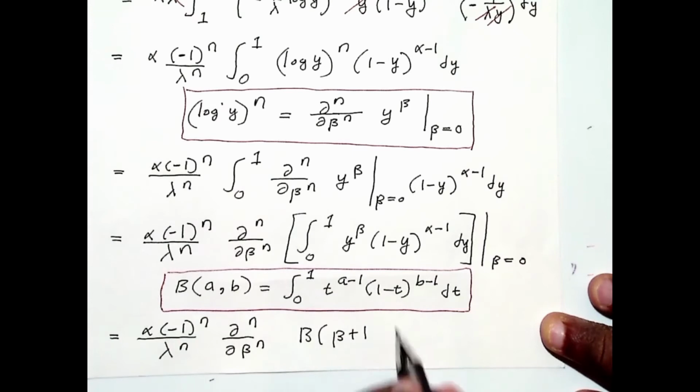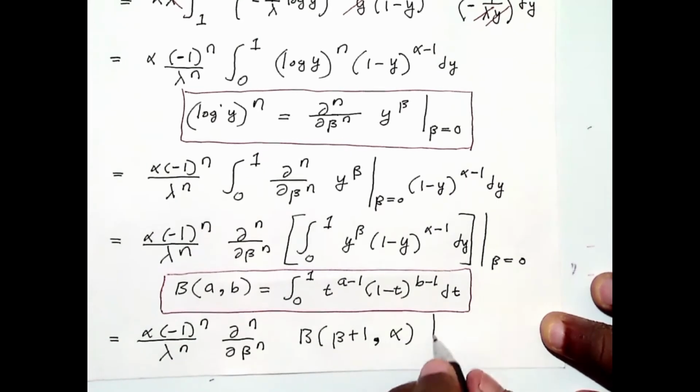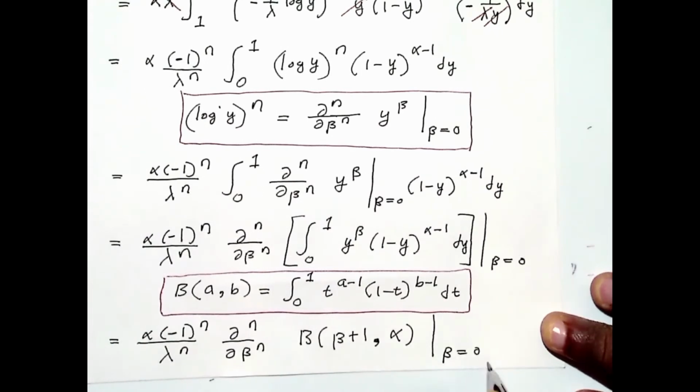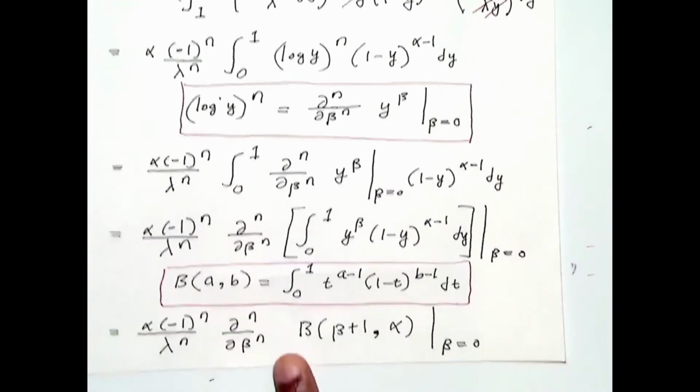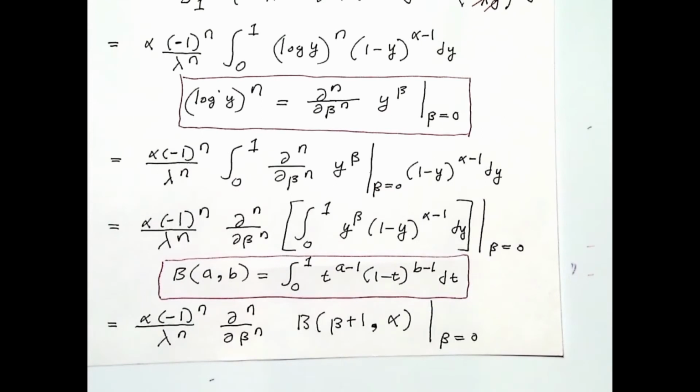So your a is going to be beta plus 1, and your b is going to be alpha. So this is the expression for the nth moment of x, x being the most expensive asset. Right? So this is part 3 of sheet 7. Now part 4,